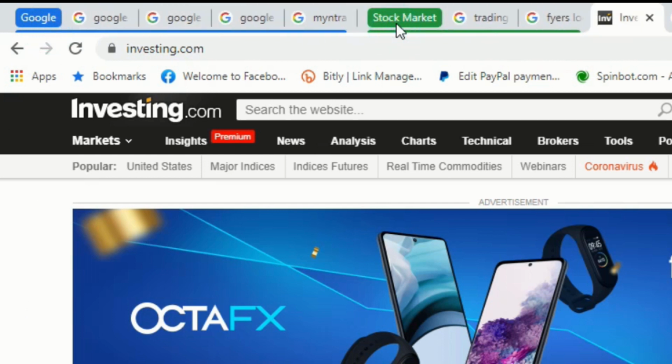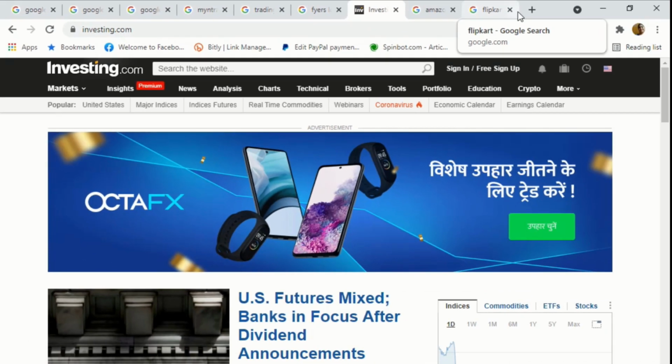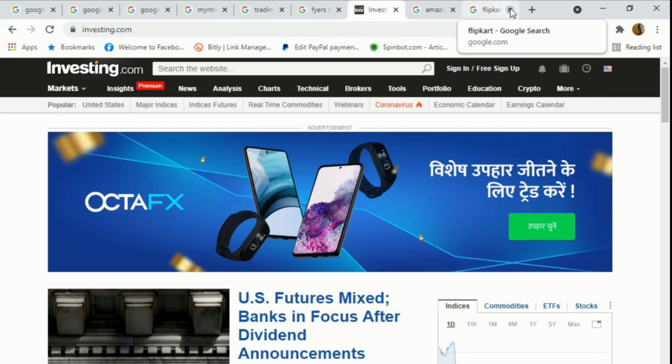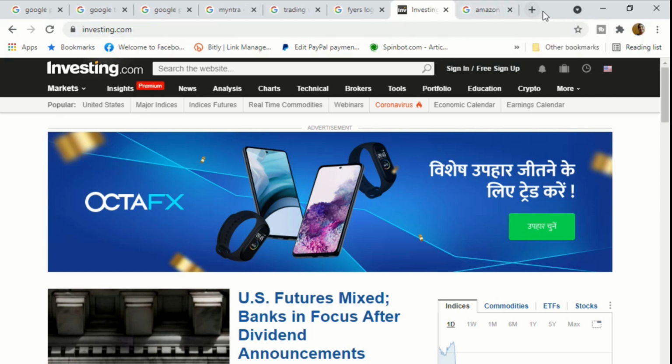That's a very amazing trick. You must try this one. Now let's talk about the third trick, and the third trick is very amazing and very useful. Sometimes you have seen that by mistake we have closed our tabs. Let's suppose if I close this one, but I don't want to close that tab, I want to get it